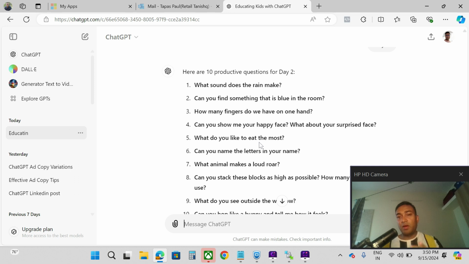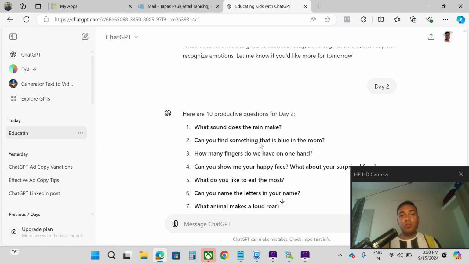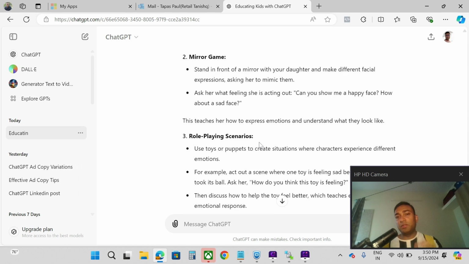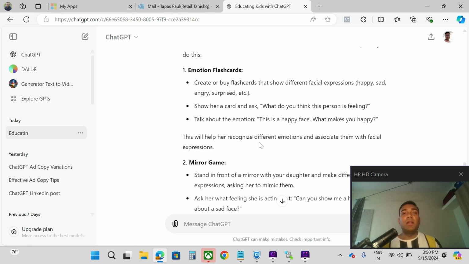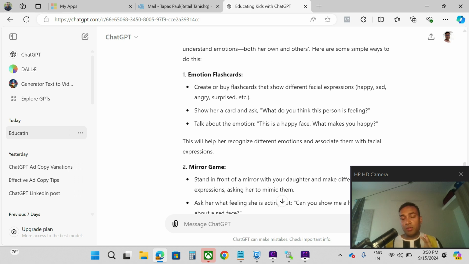One more thing I just want to share with you. As of now, you know how to write a prompt and how to speak with ChatGPT. Suppose ChatGPT has given some input, how will you get an image of this thing? You can generate the image also, and you can use it for your kids' productivity purpose. Suppose here I mentioned angry face, happy face, sad face, this kind of thing. You want to get some images so that you can show them to your kids,